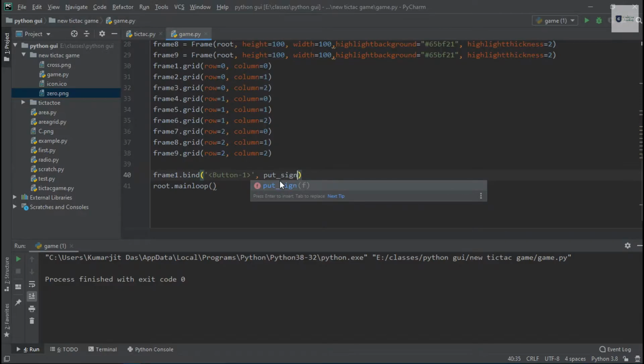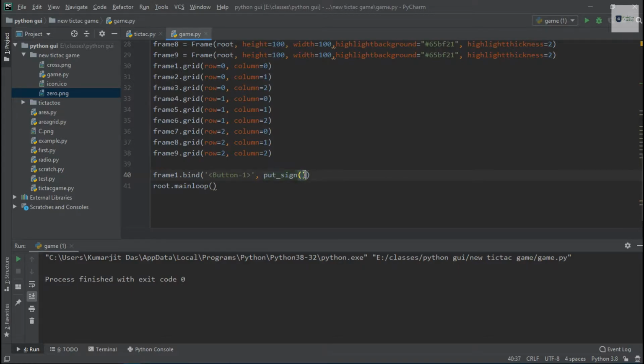If we write the function name like this, with the open and close parentheses, this function will be called right now in this line. But we don't want to call this function right now. This function must be called when the click event is fired, when we click on any frame. But we also have to pass the current frame as the parameter.